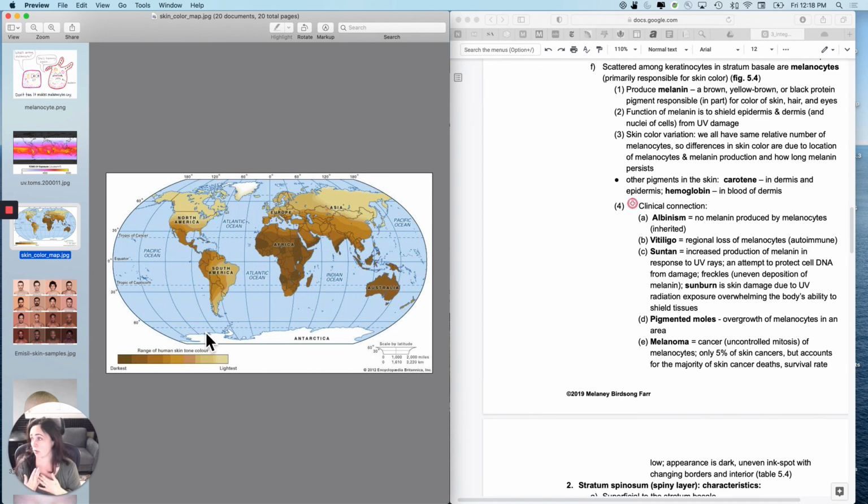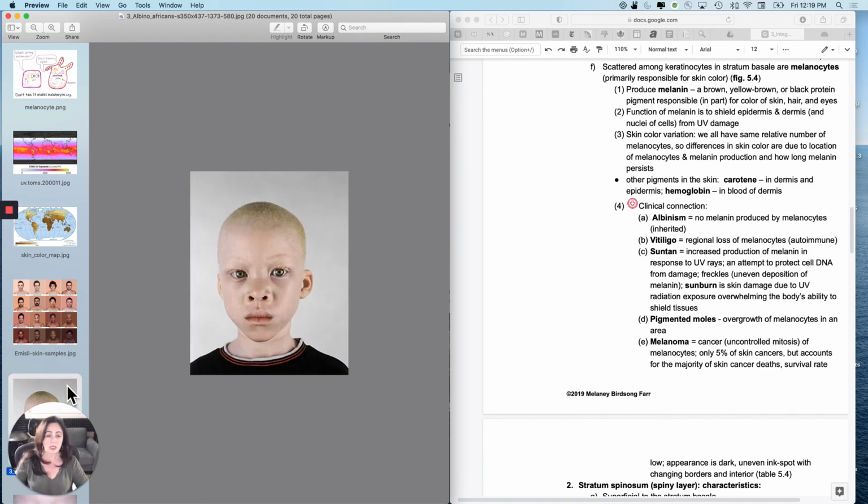Now, of course, now everybody goes everywhere except this year. And there's a lot of variability. Okay, so that's a little bit about skin color. And now let's talk about some skin color differences and some skin color disorders. First one would be albinism. And when you have a genetic mutation that causes problems in the biochemical pathway for melanin production, you will not